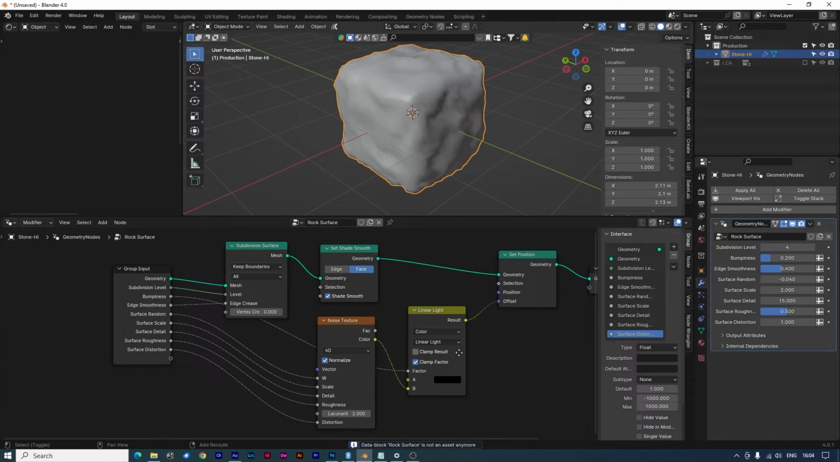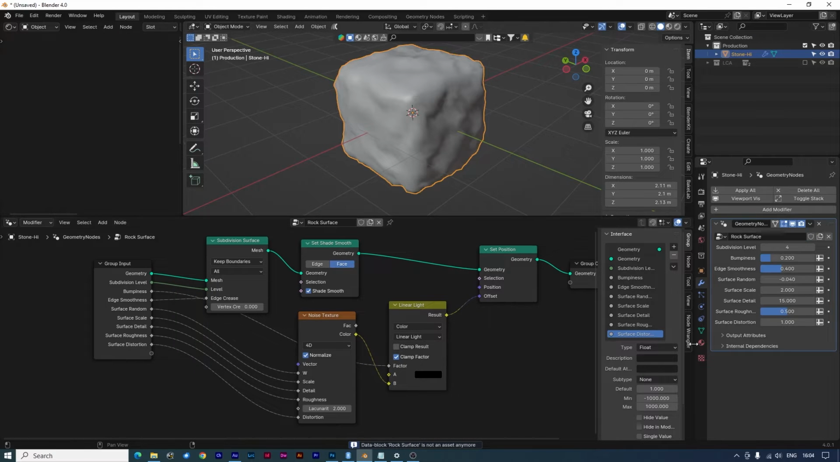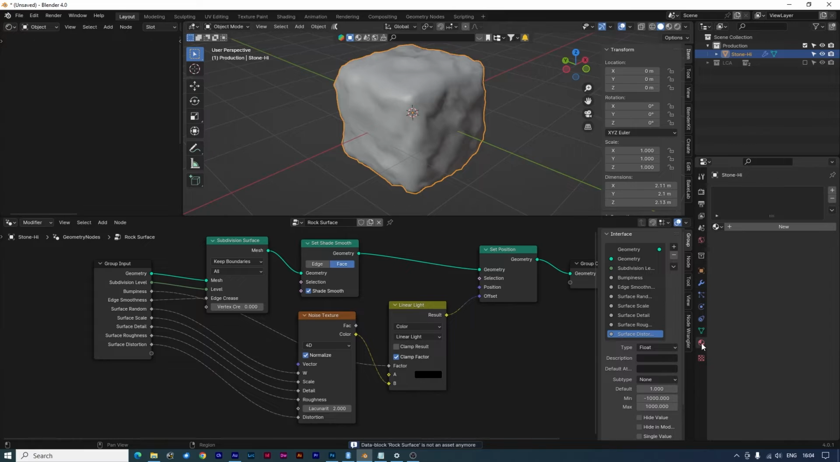Now that we've completed the work on our stone or rock geometry node, let's turn our attention to adding a